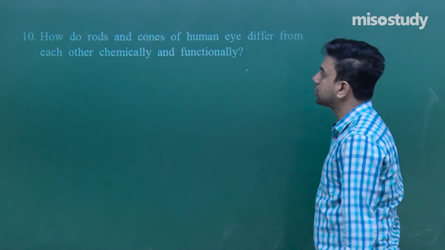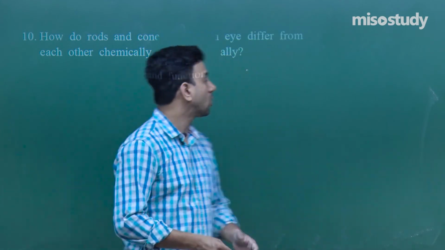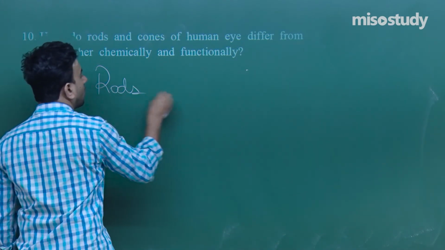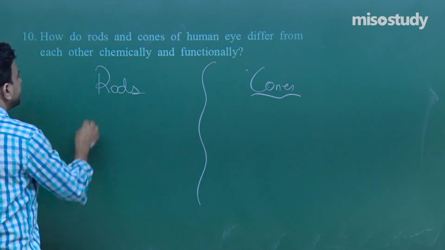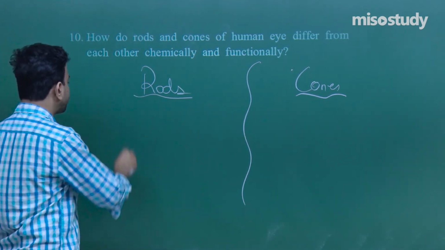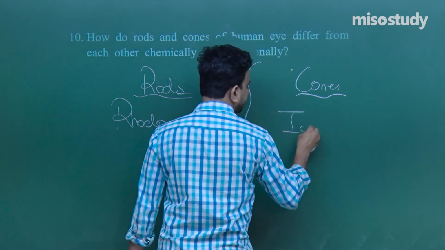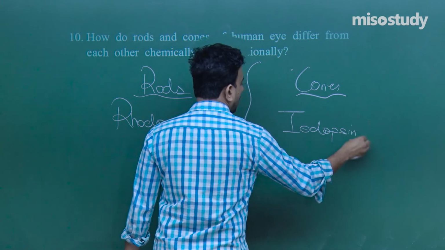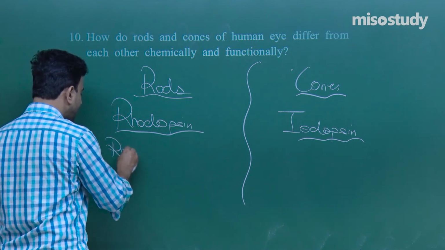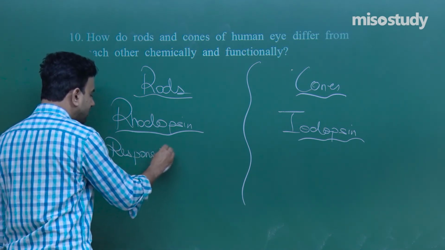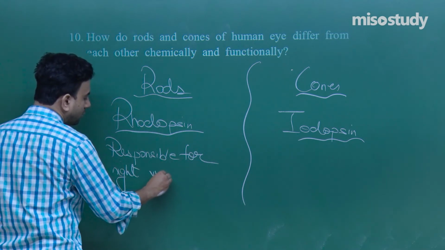We go on to the final question. How do rods and cones of the human eye differ from each other chemically and functionally? Let us see the difference chemically. The rods are composed of the protein rhodopsin, and the cones are composed of the protein iodopsin. The rods are responsible for night vision, that is, dark vision,